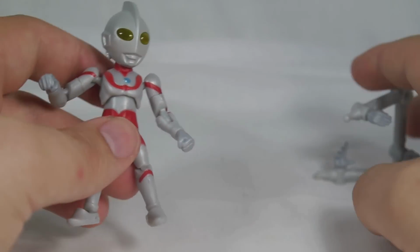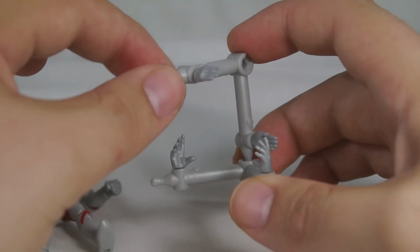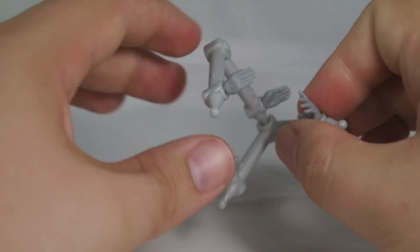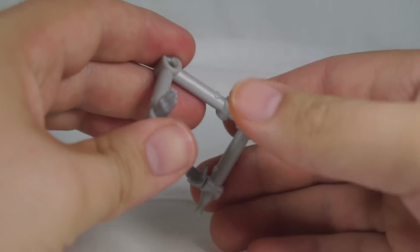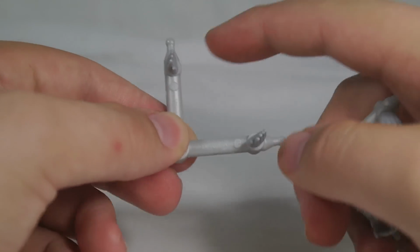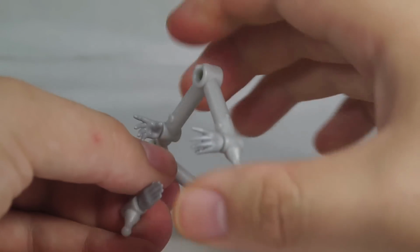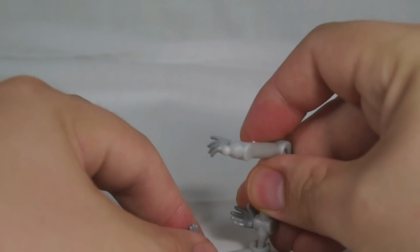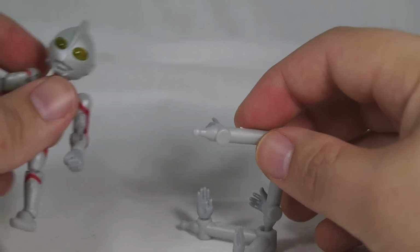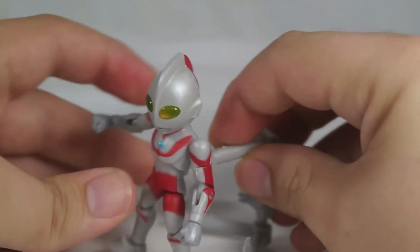Unfortunately, they come with the Kamen Rider Volume 4 level of stands that I'm just not a fan of. I don't like these hands sticking out of the sides of these stands here. If you didn't check out the 66 Action Kamen Rider Volume 4 review, basically what Bandai did was produce this one singular piece that has 2 slots for stands, and they give you 2 of them so that you can plug them together and make a stand, which is like, oh, hey, cool. And then you go to store the hands, and they're just dangling off the side here, all willy-nilly, and it looks really bad, which is a shame because these are kind of the most functional stands of